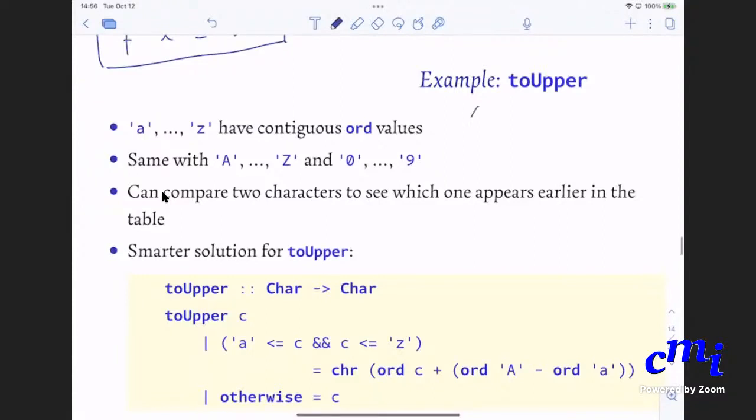So small a has some value, I don't remember now, it's 97 or something, till small z. And then capital A is 65 all the way till capital Z, which is 90. These are all characters that are stored in order without anything else coming in between.